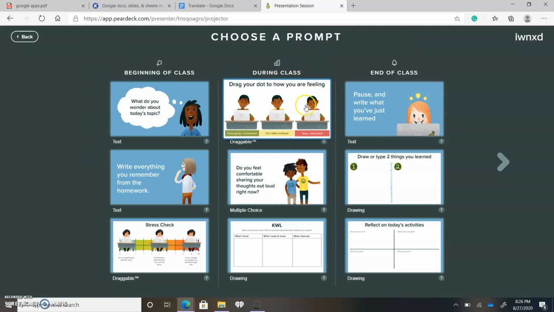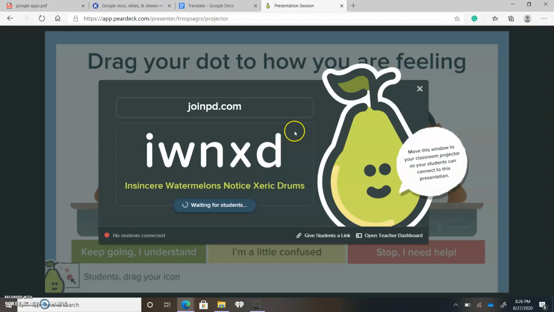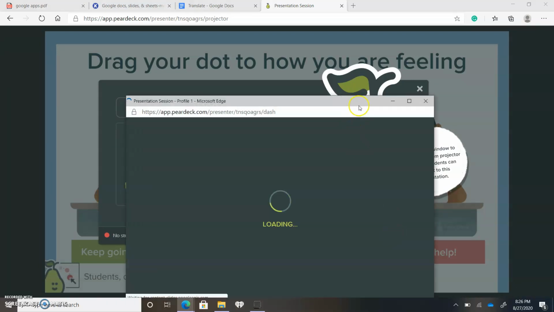So there's ones like during class, drive how you are feeling. If you can't really gauge how your students are feeling during a lesson, just use this. You'll click on it, it gives them a link and a code to insert. And once you open it,